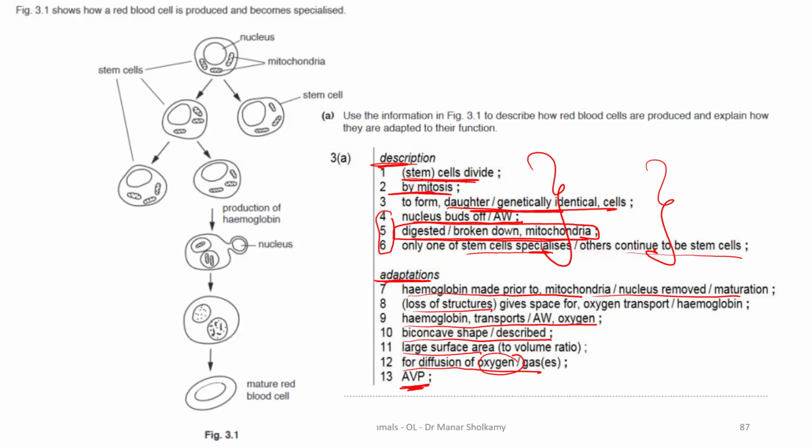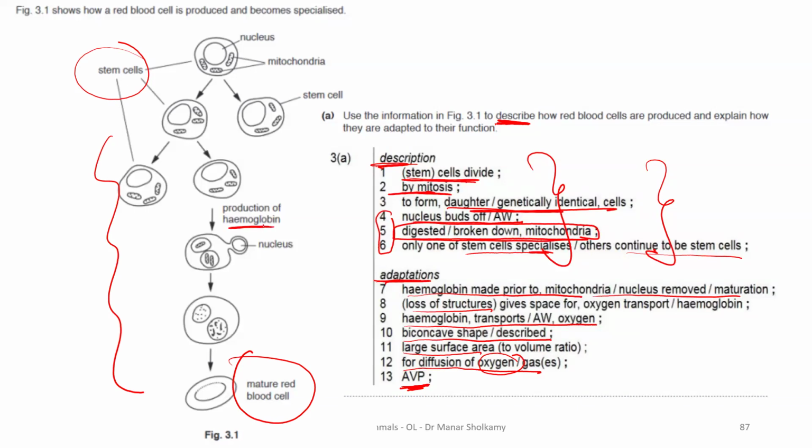Okay? Now, when you receive this question, you do very well in the explanation part because you study well and then you explain things very well. You explain the stem cell and you write the definition and all the information about the stem cell and the red blood cell. And then you still lose a mark and you are depressed because you did not describe. You have to describe. Two sentences were enough.